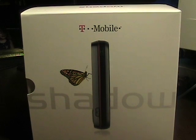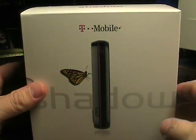I was quite the fan of the T-Mobile Shadow, the original one that was out. I actually just sold it on Craigslist last week. Now we have the new T-Mobile Shadow, still the same name, but there's a few differences. I'm going to run through a quick little unboxing, just because the packaging